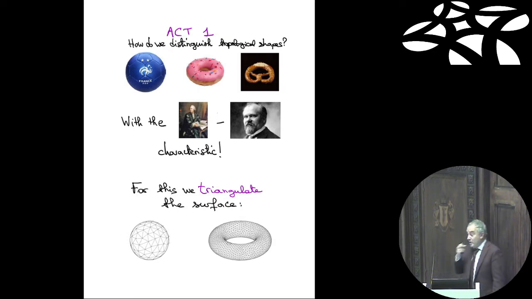So before starting counting, since I want to connect this with topology or shapes, we should start by finding a way to distinguish between various shapes. So here we can see 3 kinds of shapes. I will only talk of surfaces in this lecture. And so here there are 3 kinds of surfaces. The first one is, I don't know what these stars mean, but okay. Maybe you do.